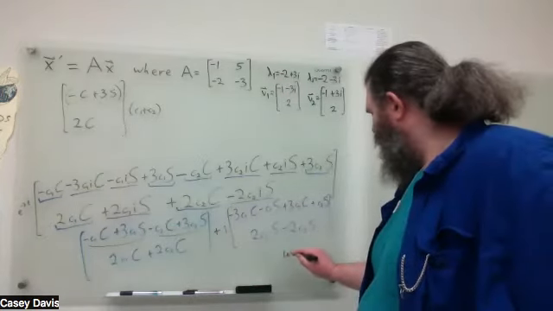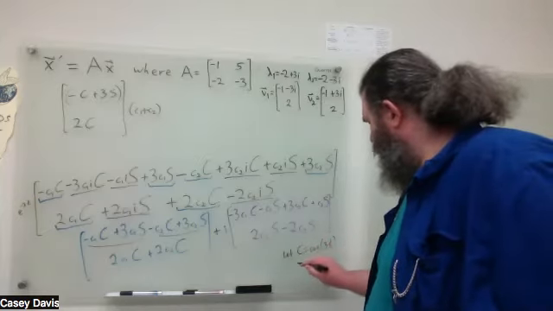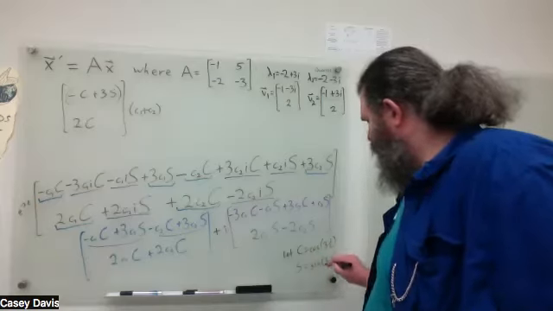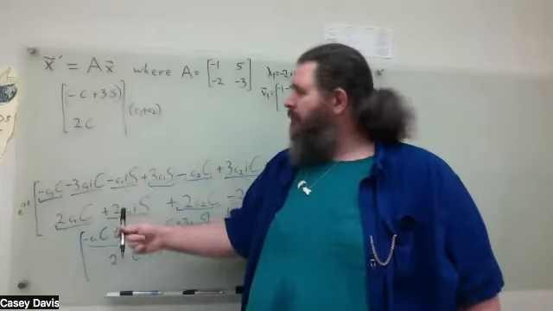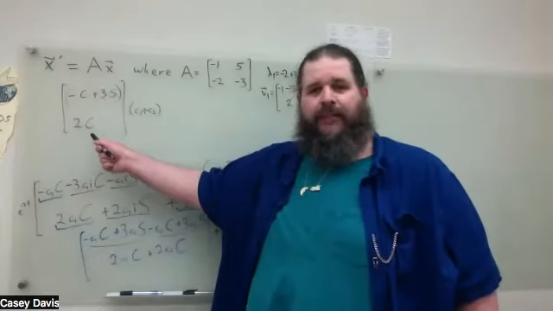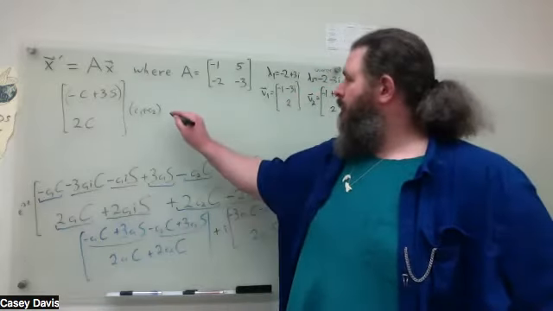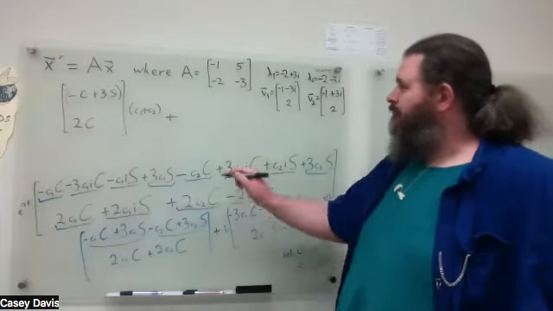I should probably write that down so we don't forget it. Cosine of 3t, sine of 3t. So negative cosine 3t plus 3 sine of 3t, 2 cosine 3t, multiplied by a constant plus a constant. Plus, and then looking at the next vector, the imaginary part,